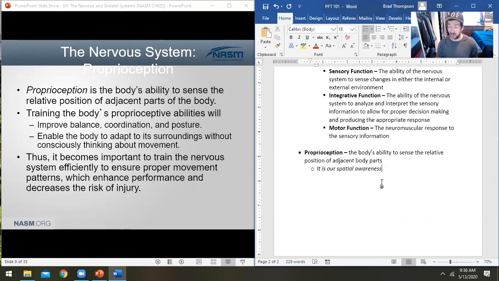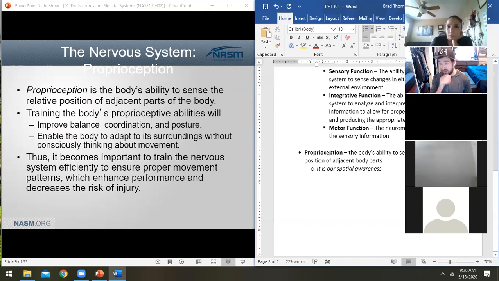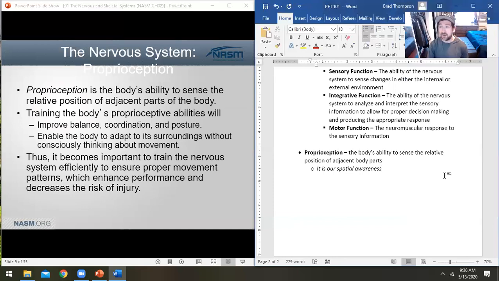Now I'm not that great at it, right? I don't have a lot of training in walking around with my eyes closed. I didn't go to ninja school, but I have a pretty good sense of how much ground I cover with each step. This is why when we catch something, we're able to do that, right? Something's flying our way, and we're able to interpret how long it's going to take for that object to get to us, and that allows us to figure out how much muscle and how quickly we need to recruit it to get our hands up and catch that object, right? That has a lot to do with proprioception, but also just